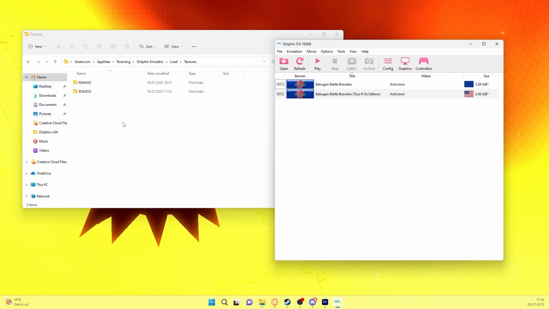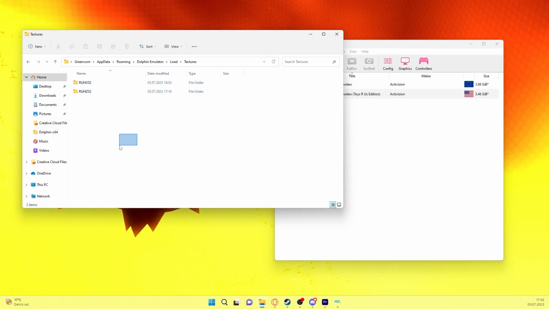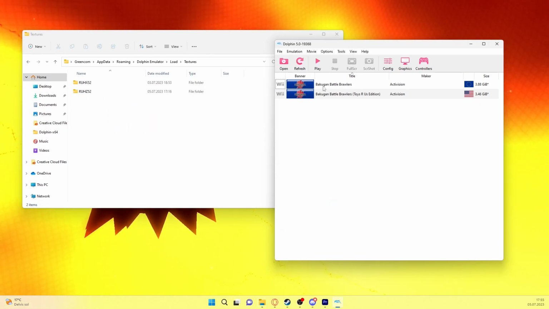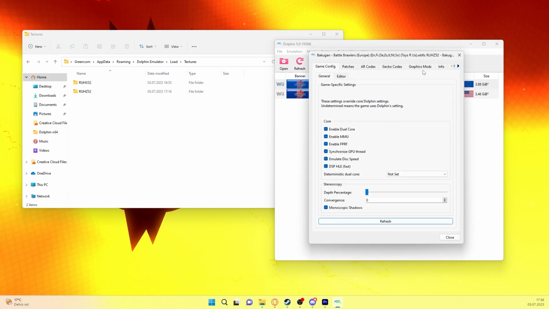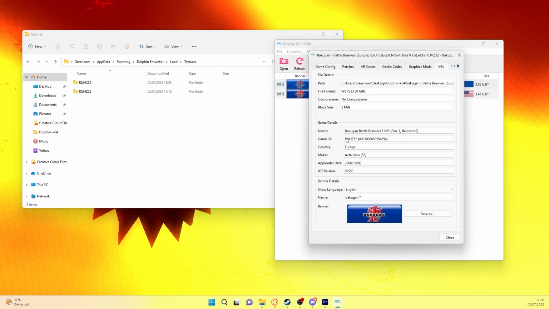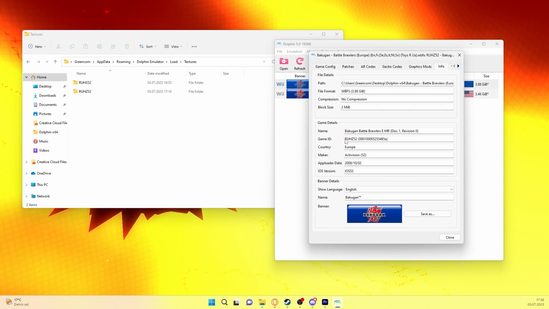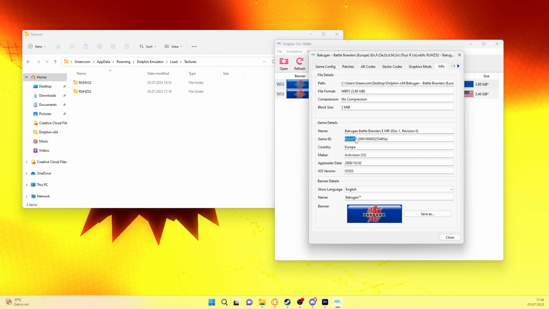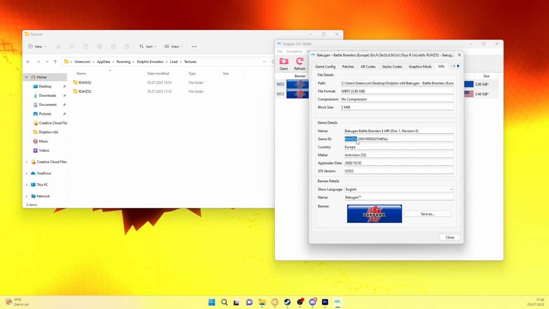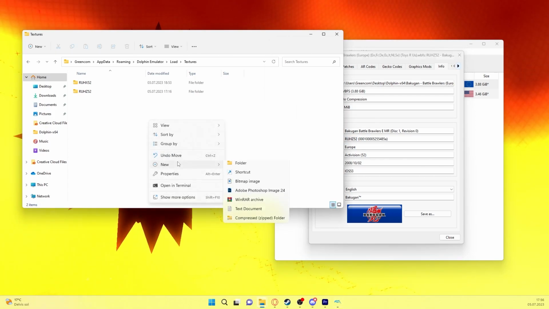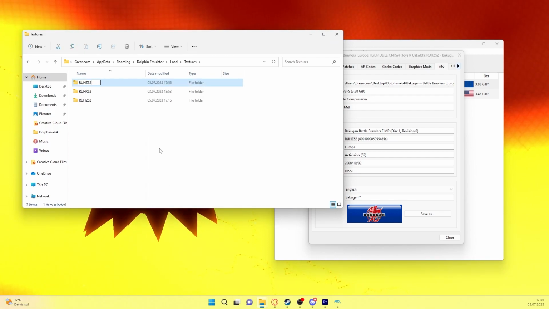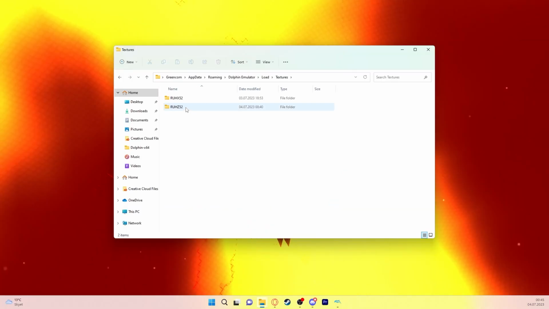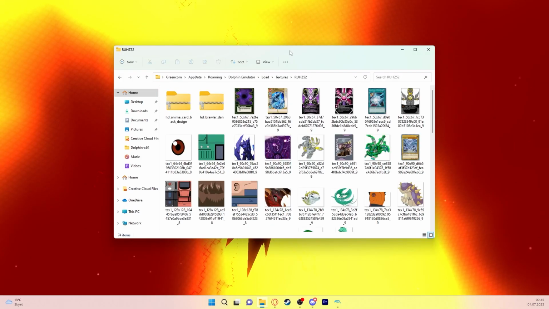If you happen to not have any files or folders in here, then that would usually mean that you need to go to your Dolphin. You have to right click on your game, go to Properties, go into Info, and then you would have to copy the game ID, which, my game ID here is RUHZ52. So you have to just copy this right here, Control C, and then make a new folder and name that folder your game ID, and then just enter, and you would put everything in there, and then in your game folder,